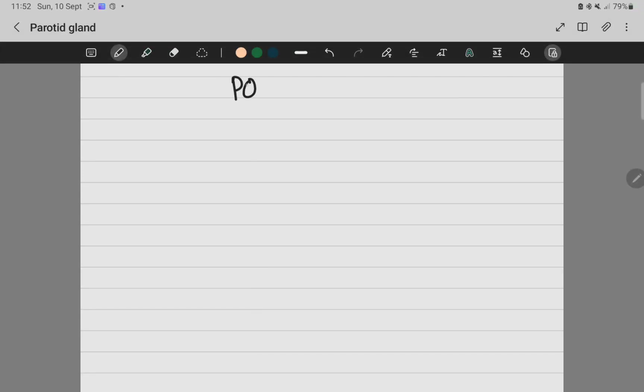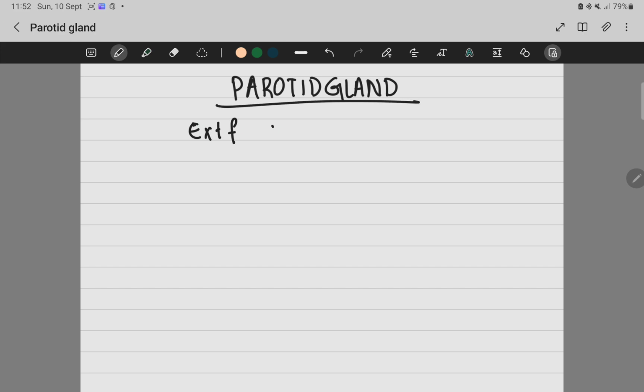Today we'll be revising the parotid gland. And it is usually asked under the headings of external features, the relation, the nerve supply, and applied anatomy. Starting with the external features, it is the